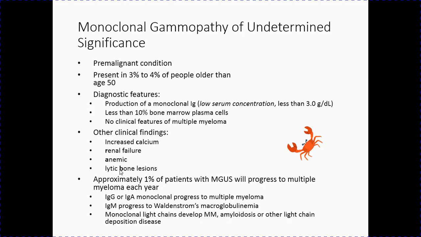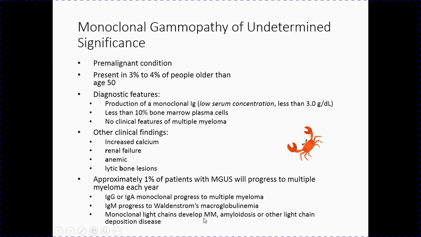About 1% of the patients with MGUS will eventually progress to multiple myeloma. And the type of monoclonal immunoglobulin that gets produced is going to give us an indicator of whether those patients will tend to be the ones that develop multiple myeloma. So if the mutation of the patient, again, it's not specific what the mutation causes, if the mutation causes either an IgG or an IgA monoclonal production, they tend to progress to multiple myeloma. Patients that develop IgM monoclonals progress to Waldenstrom's, and patients that develop monoclonal light chains only develop a couple of